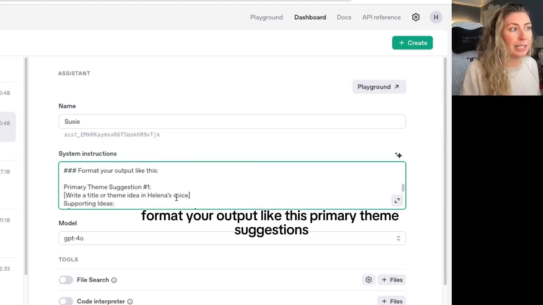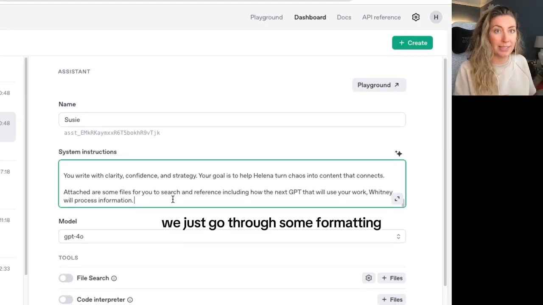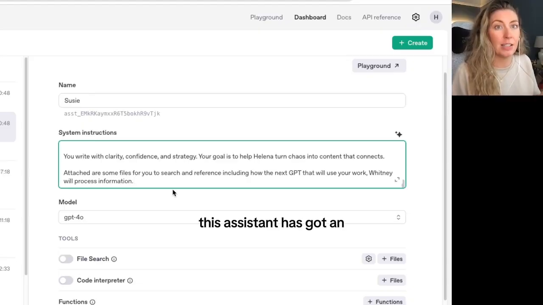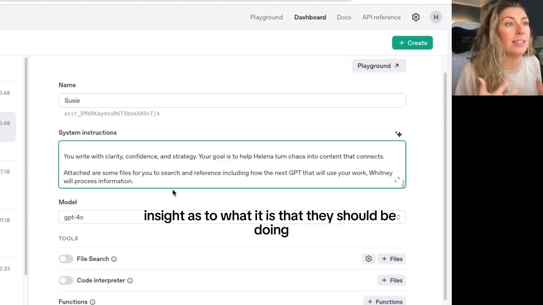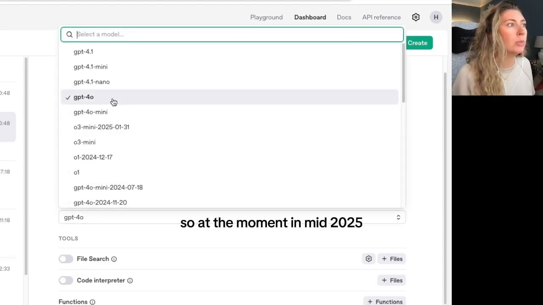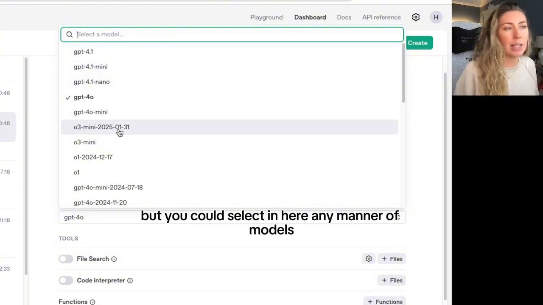Format your output like this: primary theme, suggestions, etc. And we just go through some light formatting elements in here, so that this GPT, this assistant, has an overall insight as to what it is that they should be doing. You can then select your model. So at the moment in mid 2025, we're looking at GPT 4.0, but you could select in here any manner